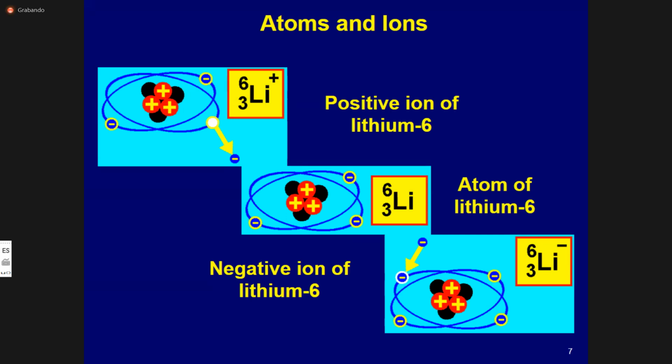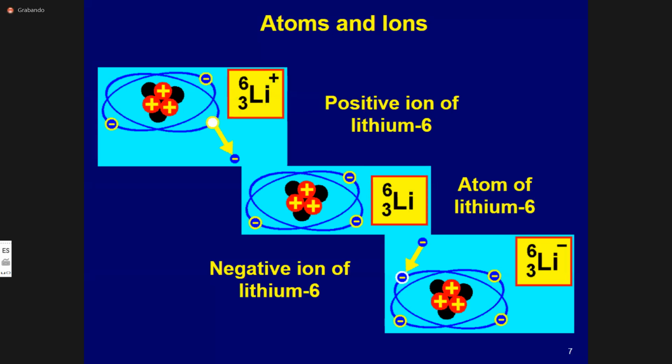Since the atom is electrically neutral, the positive charge of a nucleus must be equal to the negative charge of electrons in the shell. Therefore, the number of electrons in the atom is equal to the number of protons in the nucleus. Nuclides with the same atomic number Z are called isotopes. As a rule, the chemical properties of isotopes are the same.